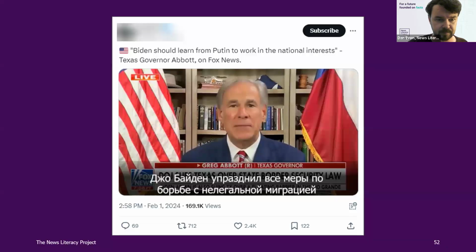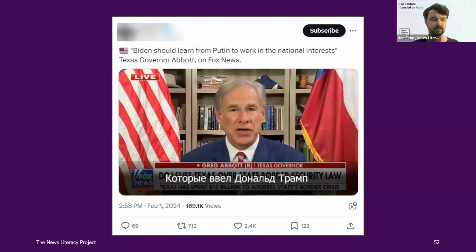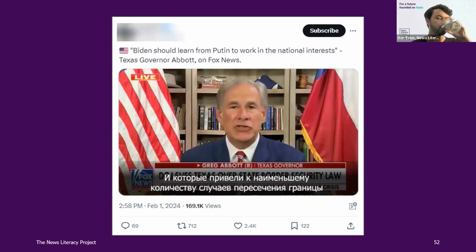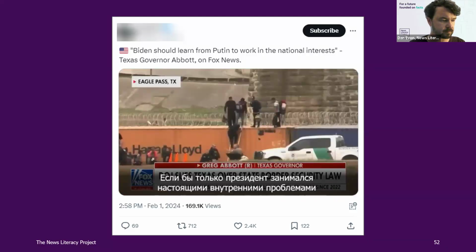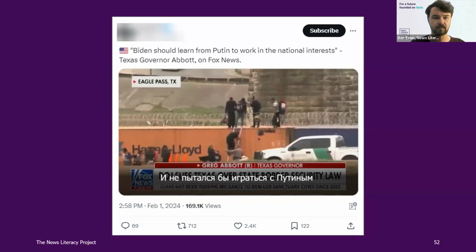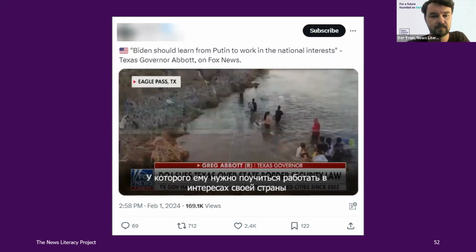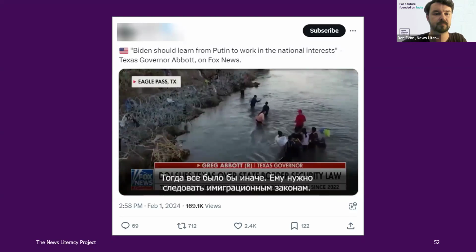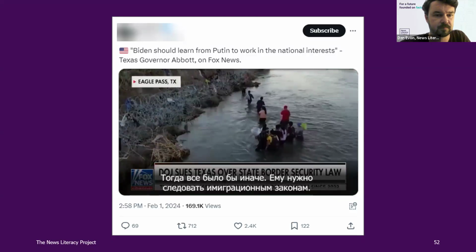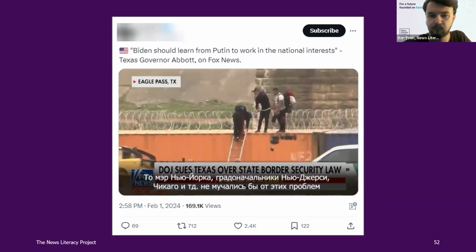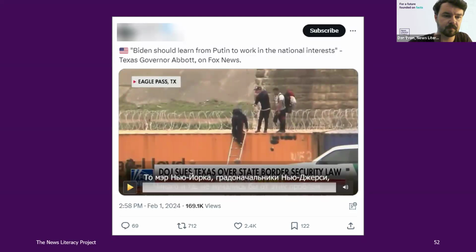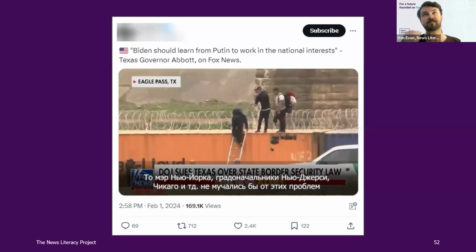Joe Biden has eliminated all of the 4 policies that Donald Trump put in place that led to the lowest illegal border crossings in 40 years. If only the President had been dealing with real internal problems and not trying to play with Putin, from whom he needs to learn how to work for national interests, then everything would have been different. He needs to follow immigration laws. And if the Biden administration was enforcing the immigration laws passed by Congress, the mayors of New